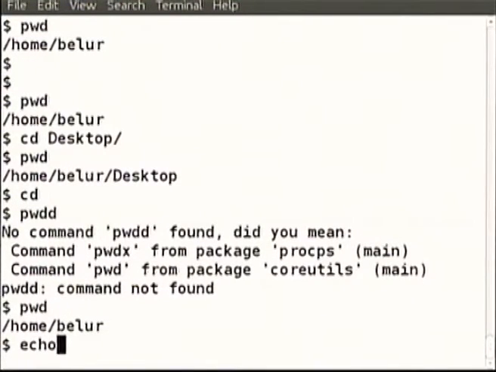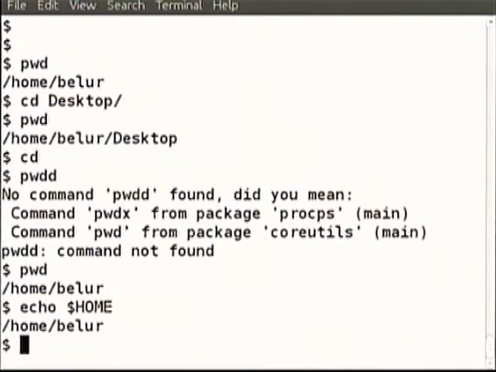So this is one shell variable. Belur may not be a directory in your computer, it will not take you to Belur in yours. In my computer, the login name is Belur, that is my surname. That is why the home directory of this terminal is /home/Belur. That particular information is stored inside the home variable. So home is a so-called shell variable. Shell variables we will see in much detail tomorrow, but right now let us see echo space $home.